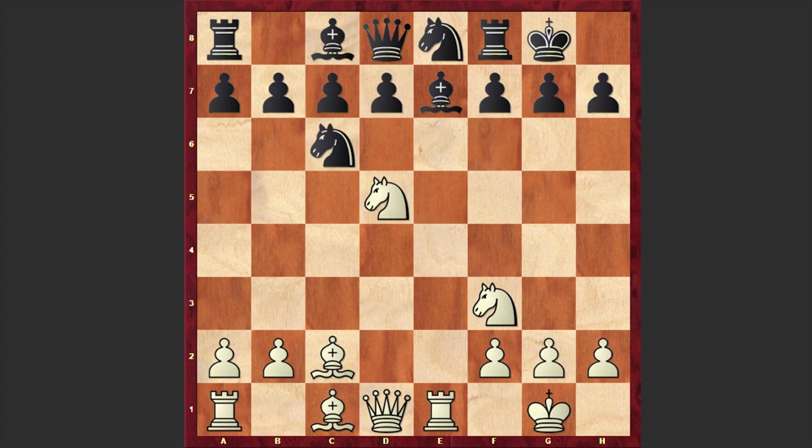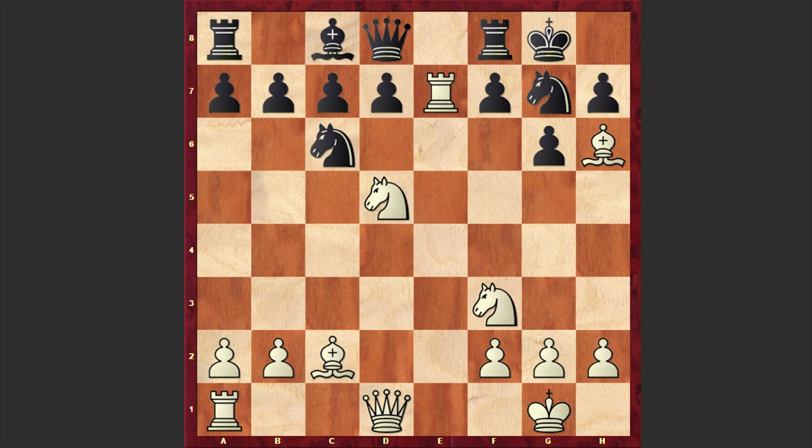Here comes knight d5, g6. Well, with this move black is weakening his kingside too much. Instead it was better to play d6, and if queen d3, then f5. But in our game we have g6, and later in our game we will see how Ganguly will make use of the weaknesses of the long diagonal. Here comes bishop h6, knight g7, which is a total blunder. Well, it was better to play bishop f6 and allow white to win that rook, but in our game we have knight g7, to which Ganguly answered with a powerful move, and he went for an exchange sacrifice.